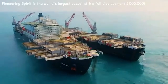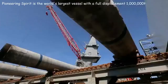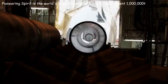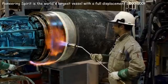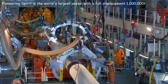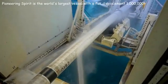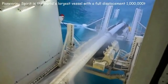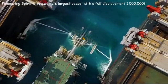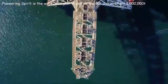Pioneering Spirit is the world's largest vessel for the installation, dismantling, and transportation of offshore drilling platforms, and for laying underwater pipelines. This vessel is involved in the construction of Turkish Stream. It is a natural gas pipeline running from the Russian Federation to Turkey. This newest vessel must break all records in depth and speed of laying pipes. For this, it has the most advanced equipment. In particular, along the entire length of the largest ship in the world,